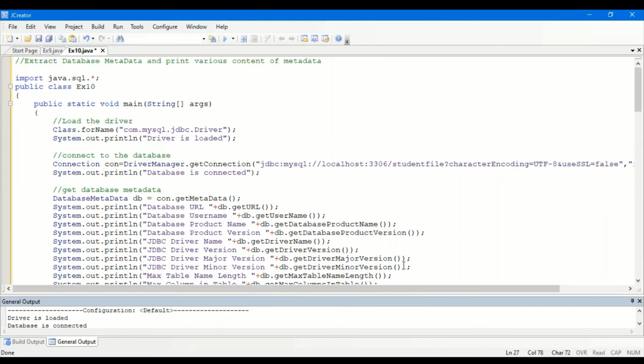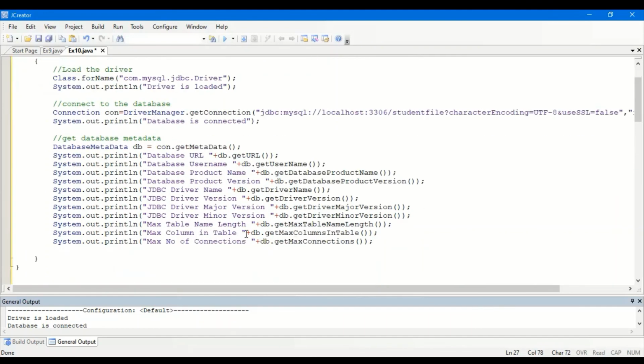Okay, so these are the details I'm planning to extract from the metadata. And now close the connection. So connection object.close.